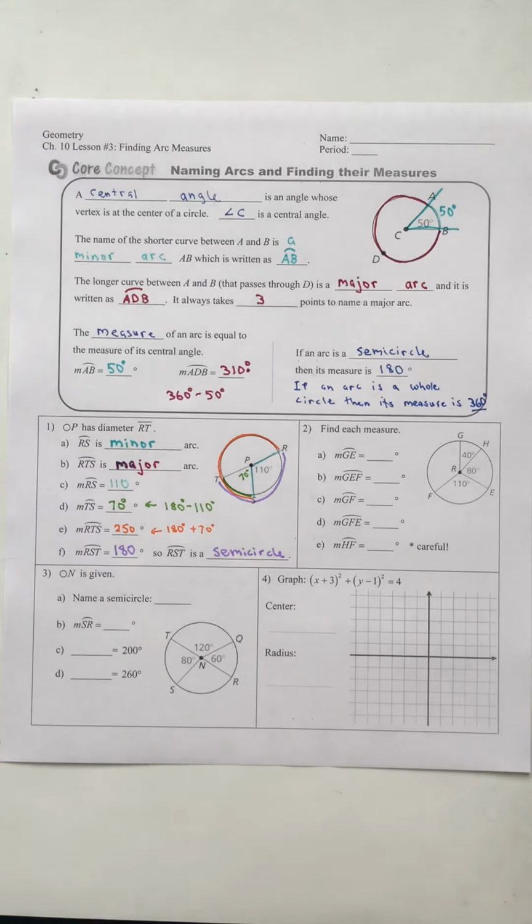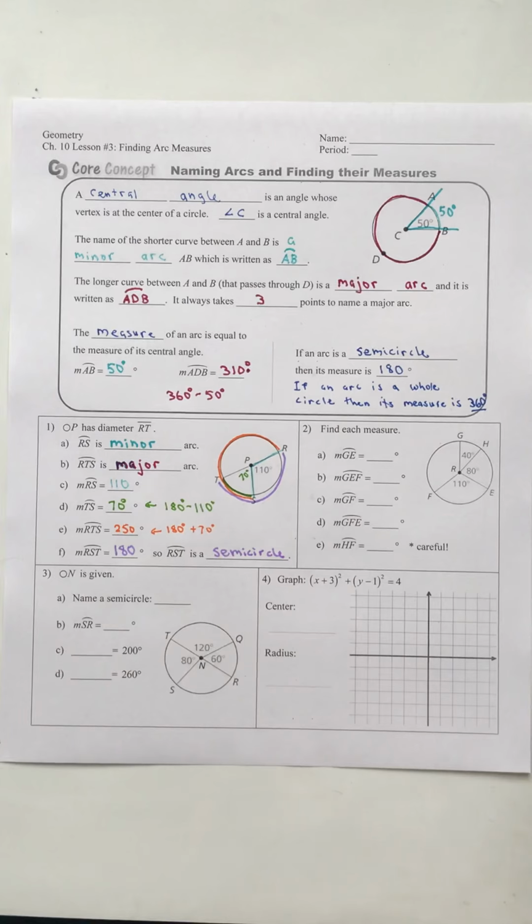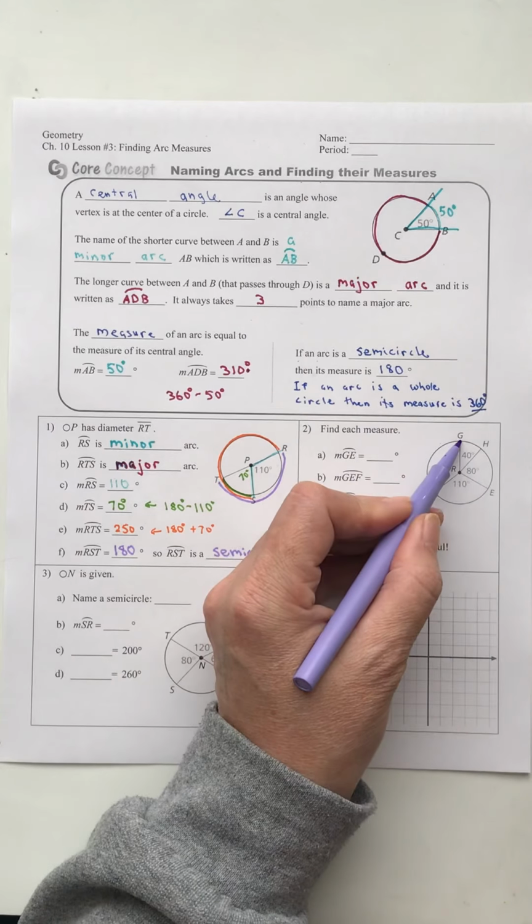Why don't you pause the video for just a second and try to fill in these values, and then turn it back on and check to see if you got it right. Please pause it and try it so that you can know if you're doing them correctly. And all right, so hopefully you paused it, and the measure of